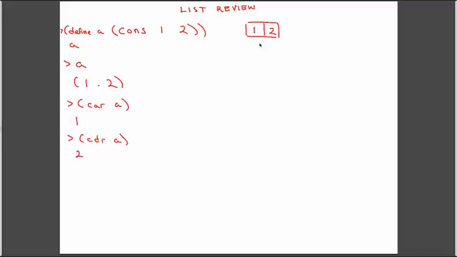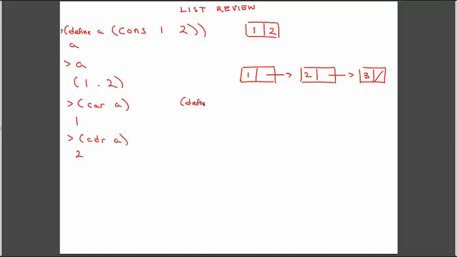If I want to build longer lists, the way I want this to look in a box and pointer diagram is going to be a lot like the way we've represented links in linked lists in Python. So we'll have a first, and then a rest that's going to point to another list. It's typical to have something end with an empty list or a null value. If I want to build something that looks like this, the way I can build it is by setting